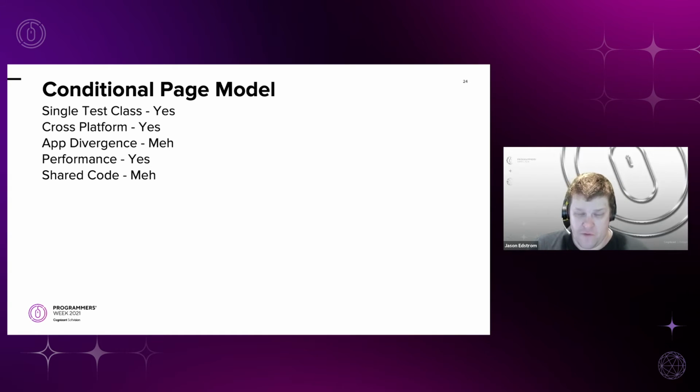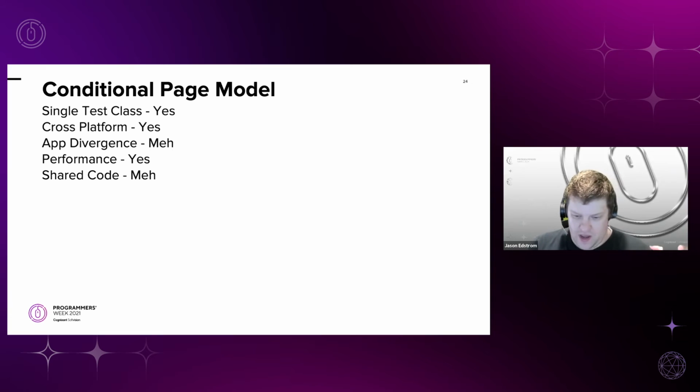We have our first two guiding principles satisfied. The app divergence piece, we're giving it a maybe. It's not exactly efficient. And the reason why this gets bad is because we have to conditional on every single scenario that could be divergent.